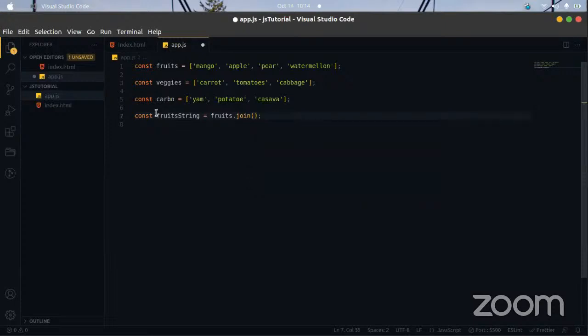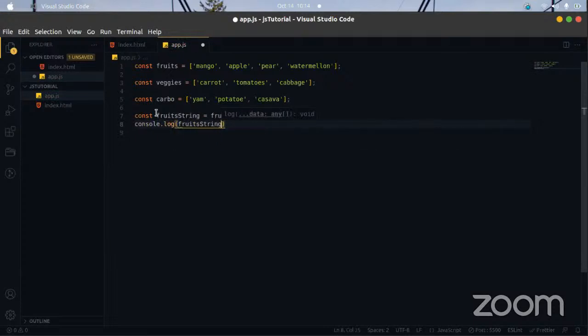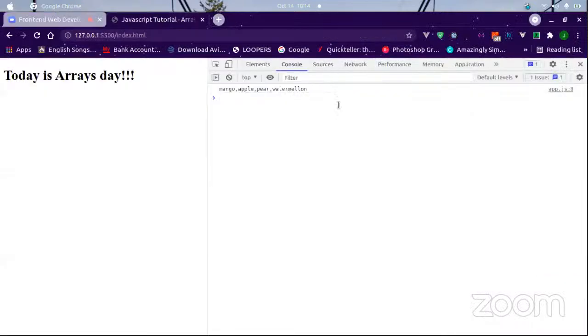If we save this and we console log fruitString, let's see what we have. By default, you see that we have mango, comma, apple, comma, pear, comma, watermelon. All of them are just joined together, and the only thing separating them is a comma.